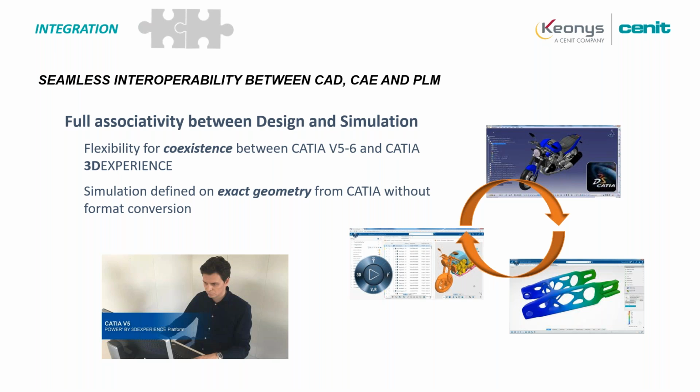If you, for example, use CATIA V5, you make a change in your design in CATIA V5, you can connect CATIA V5 directly to 3D Experience and do the simulation on 3D Experience. And so this will have the same behavior. It means that a change in CATIA V5 will have a direct link to the change in the simulation in 3D Experience. This is the same geometry, no changing and no format conversion. You don't have to change, for example, to a STEP or IGS format. It is the same geometry, the same tree, and the same capabilities.